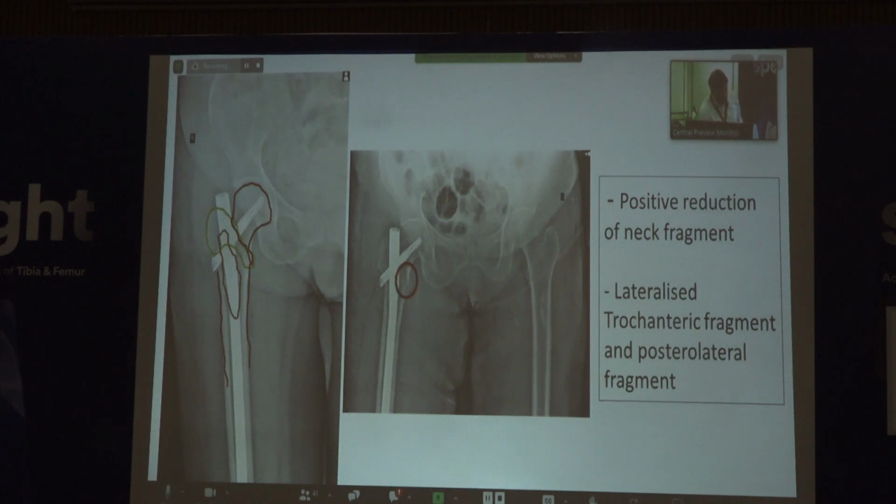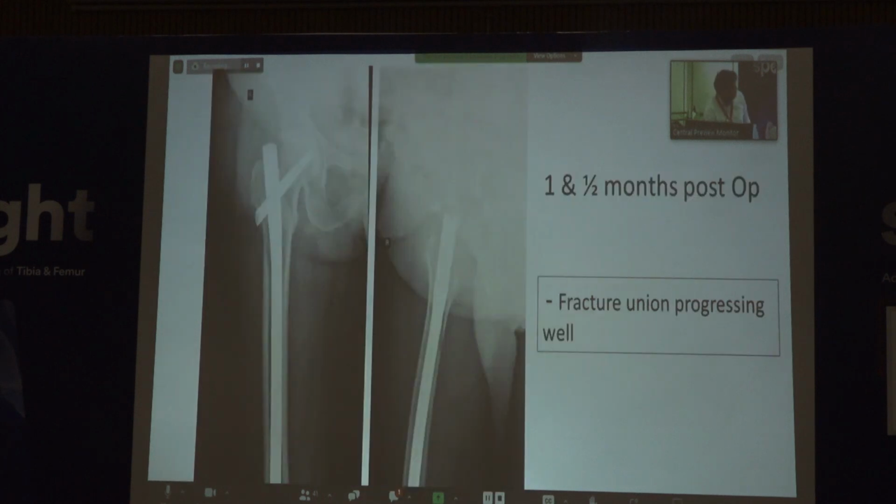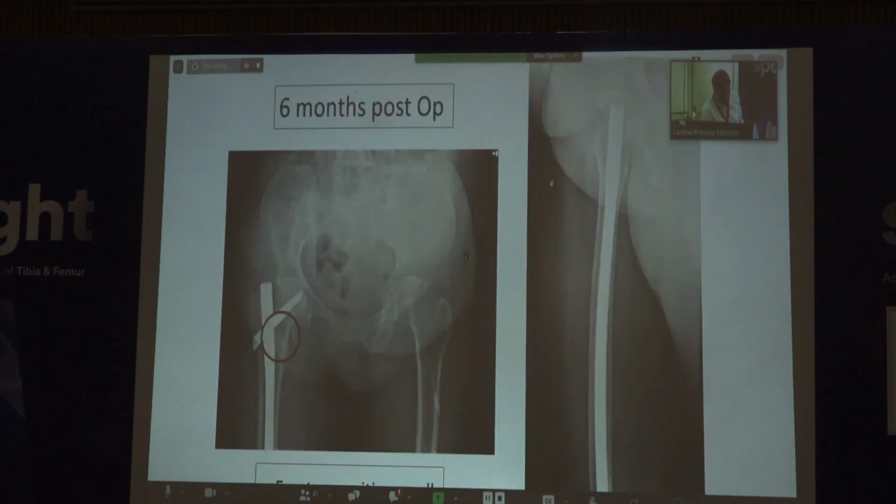You can see that there is reasonably good positive reduction. The fracture union is progressing well and the patient is behaving reasonably well. At 6 months, the patient is walking well and behaving reasonably well. But I have one concern in this patient which I would like to